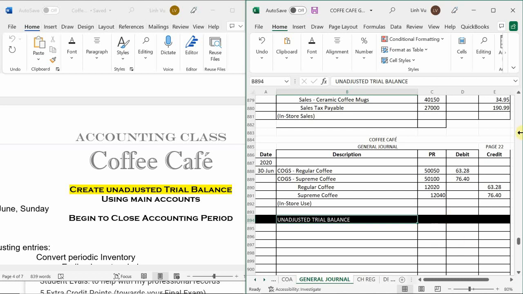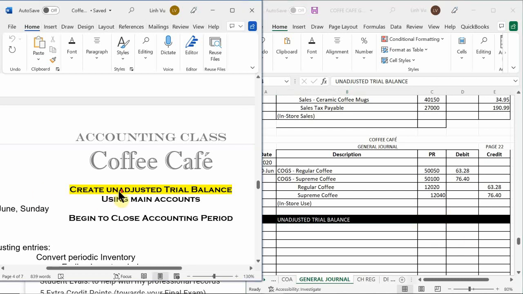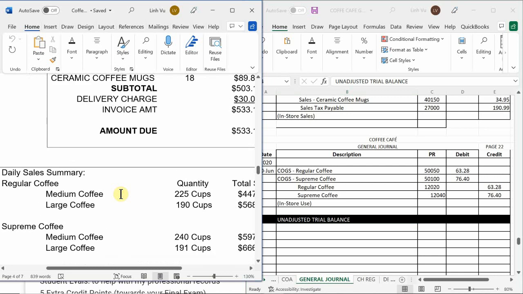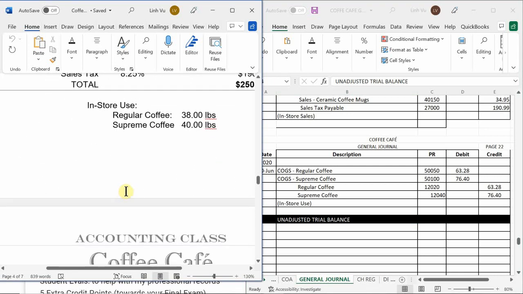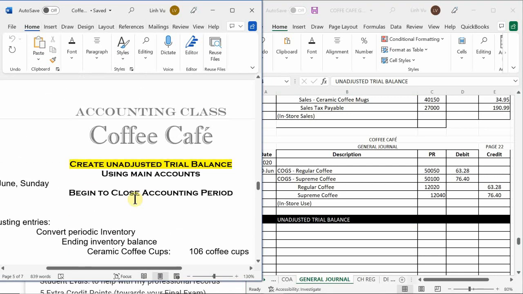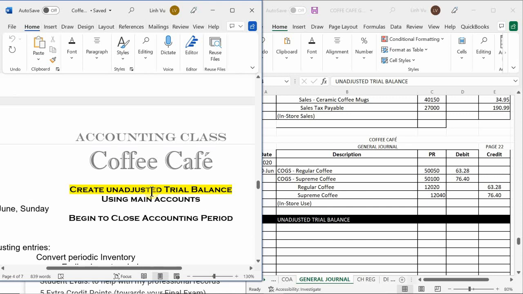So yesterday we finished up everything for week 5. So we reached the end of the accounting period, which is June 30th. Okay, so we reached the end of the month. So now we need to complete what's called the unadjusted trial balance, which is going to test to see if